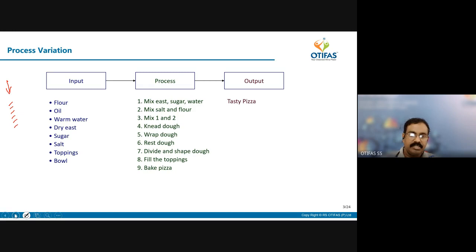But this is the process, isn't it? Now what happens? Today you learned it through YouTube, and you made it for your girlfriend or for yourself. And the next week you thought of calling your girlfriend and making a pizza for her. Today you made it very tasty. But next week when you actually made it for your girlfriend, it was atrocious. She cannot keep it in her mouth. It's such an atrocious pizza you have made. It happens or not?